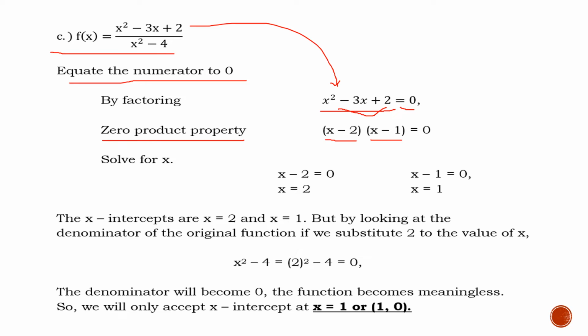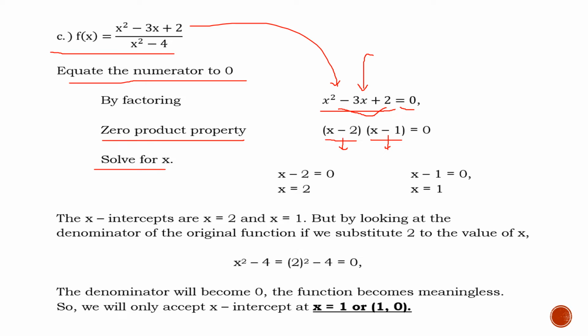Negative 2 and negative 1 is a factor of positive 2, because if we multiply negative 2 by negative 1, it's positive 2, and once we add negative 2 and negative 1, it provides a value equal to negative 3. Therefore, these two factors are correct. In checking the values that you put as factors of your quadratic equation, you need to check if these two values can provide the same value as the middle term of your quadratic equation.